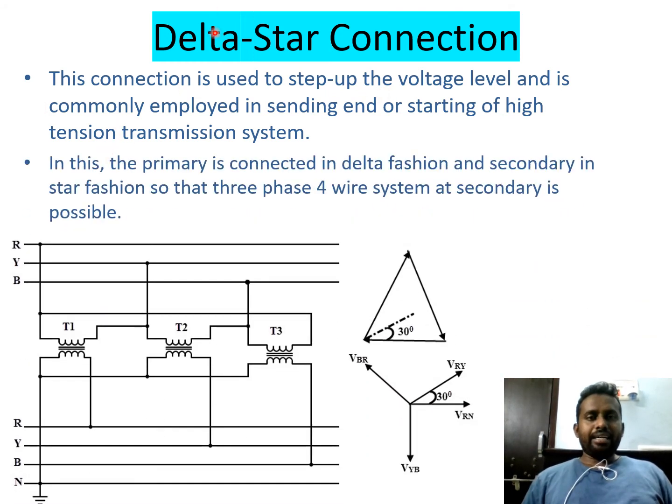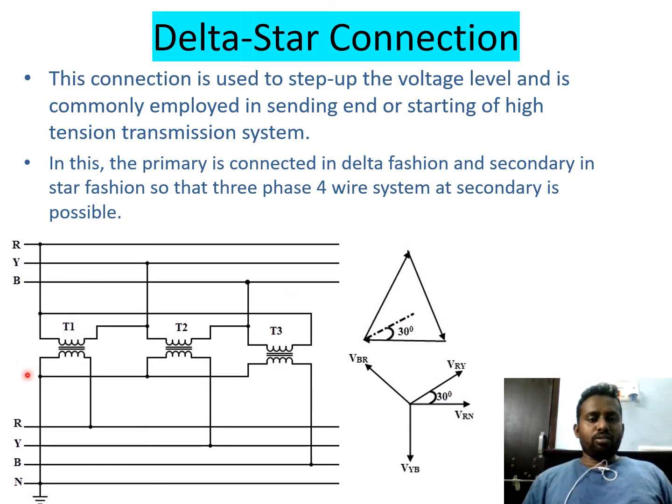As you can see, the delta star connection means the primary is delta, secondary is star. What is a delta connection? In a delta type of connection, the second winding of T1 is connected to the first winding of T2, the second winding of T2 is connected to the first winding of T3, and these common points are connected to the phases, and the first winding of T1 is connected to the second winding of T3. And when you are saying star, take the first terminal of each winding, connect all these to neutral, and connect the second winding to R, second winding to Y, and second winding to B.